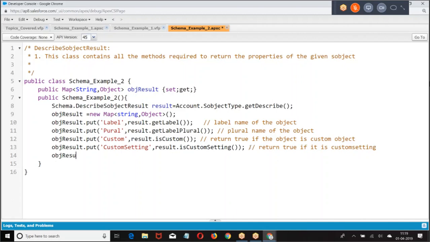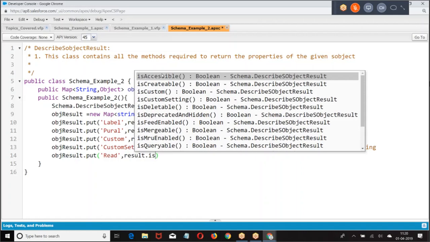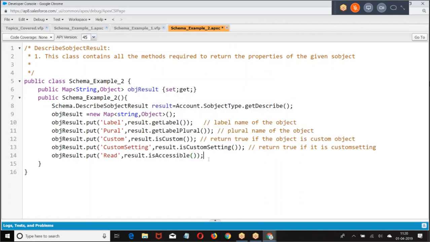Then we have objectResult.put read access. Result.isAccessible returns true if the current user has read access.